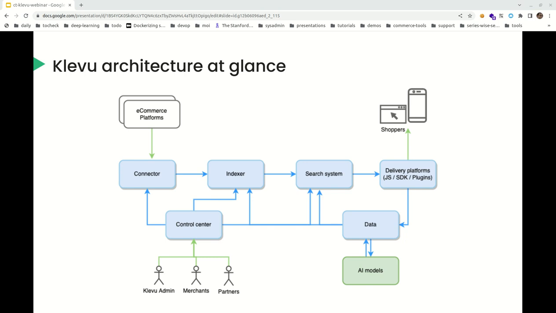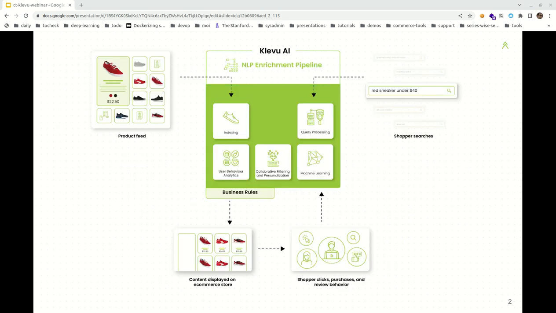Let us now have a look at the enrichment part. What exactly happens when the data comes for indexing? When the data arrives for indexing, we pre-process that data with our NLP pipelines. As part of the enrichment process, we will be adding up to 3 times more data than that was provided